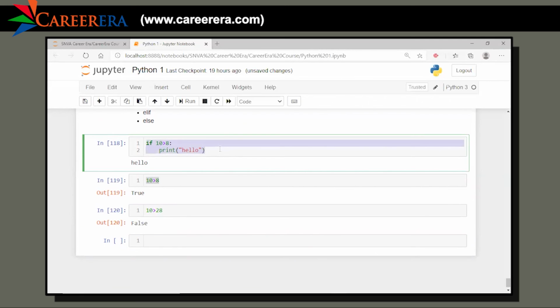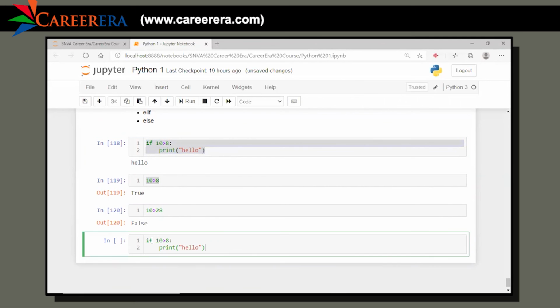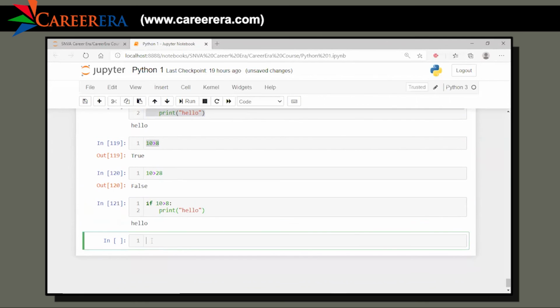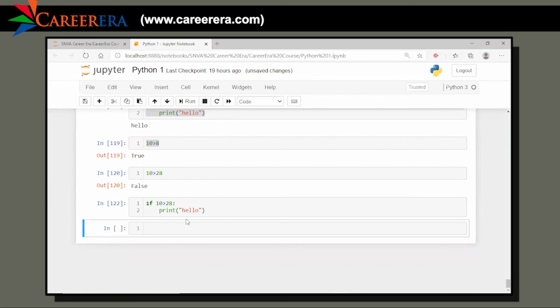If I use the same body, same condition, in this case, it will be, sorry, let me make it 28, it will be false. Now, as you can see, when it is false, nothing is coming out. No printed statement is there. What you can do at this moment,